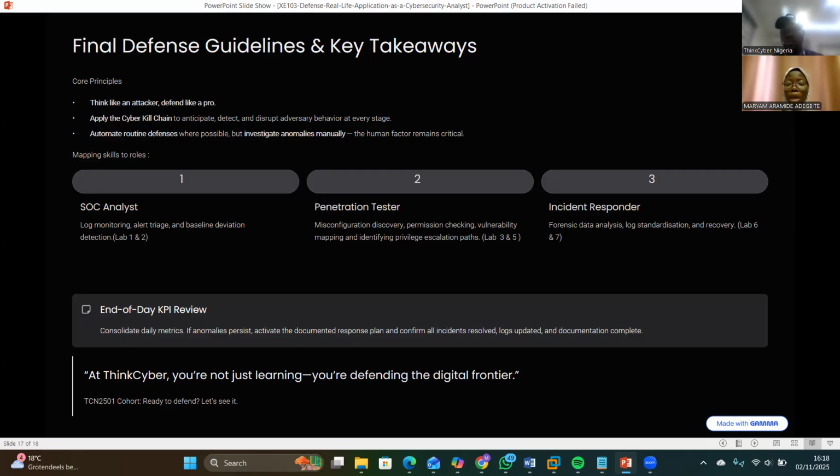seventh lab. At the end of the day, the daily KPI reminds us that a good defense is continuous. And at the end of every shift, we need to consolidate daily metrics and confirm resolution. And if the anomalies persist, we activate the documented response plan and also confirm that all the incidents are resolved, the logs are updated, and documentation is also